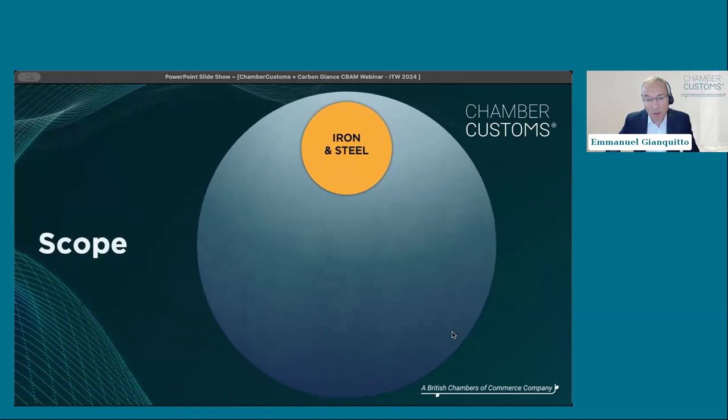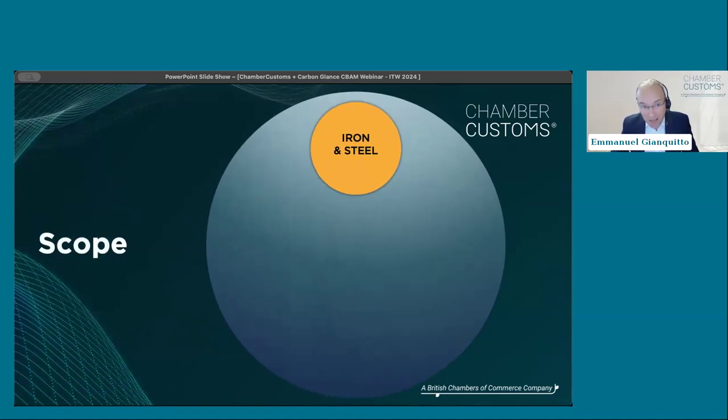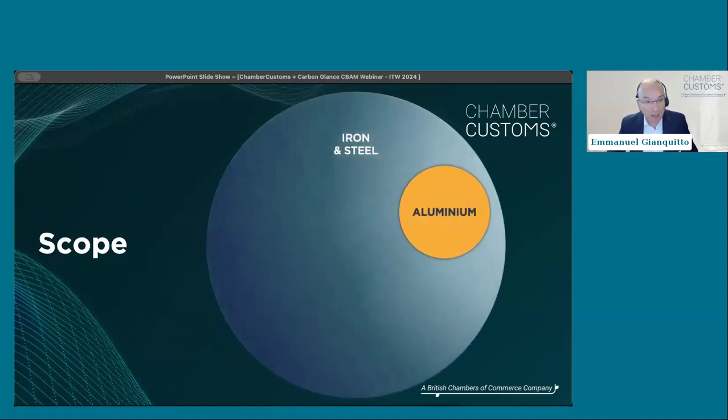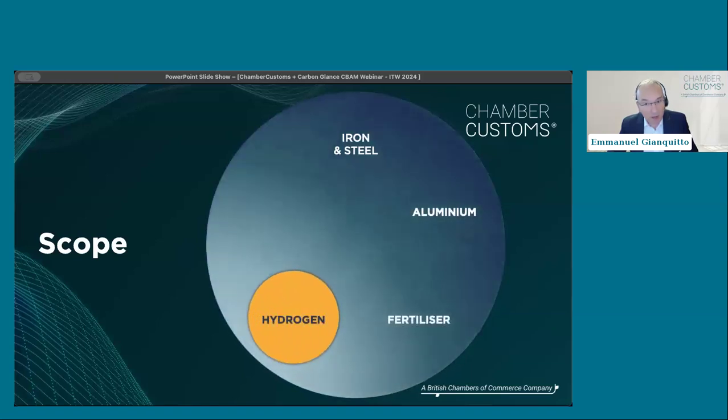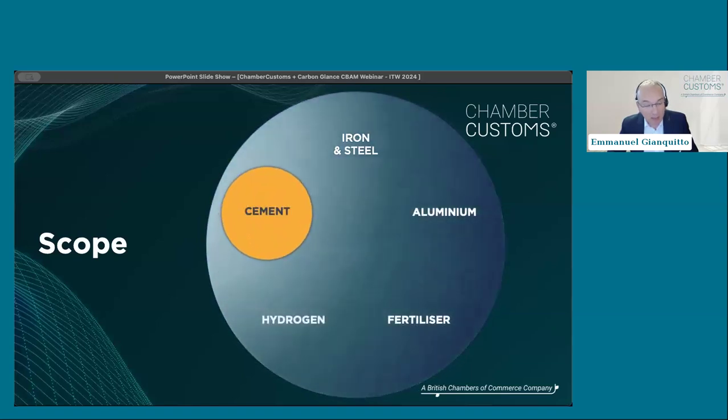So the products in scope in the EU CBAM, and let's focus that we are talking about the EU version of this scheme. As Liam mentioned, there might be others coming soon. The UK is thinking of a parallel scheme. But in the EU, the products in scope fall into the categories of iron and steel, aluminium, fertilizers, hydrogen, and cement.